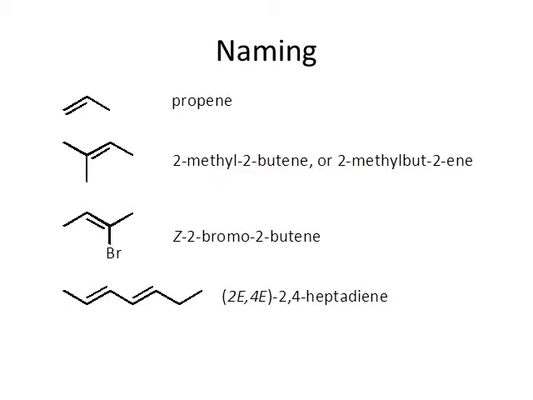Let's take a look at this third example. And notice here, we've got a butene. The alkene, the double bond, is between positions 2 and 3. If I number from right to left, 1, 2, 3, 4, my branch is at position 2, bromo. So it's 2-bromo-2-butene. But there would be 2 stereoisomers, because if I was to switch this bromine and this